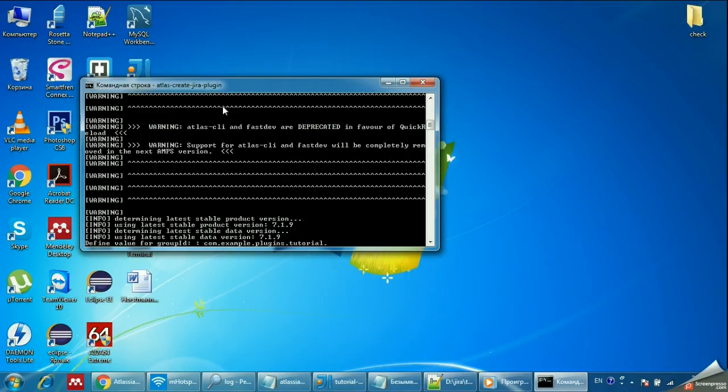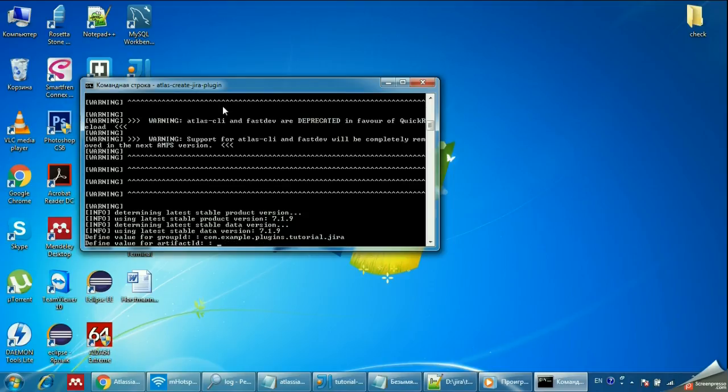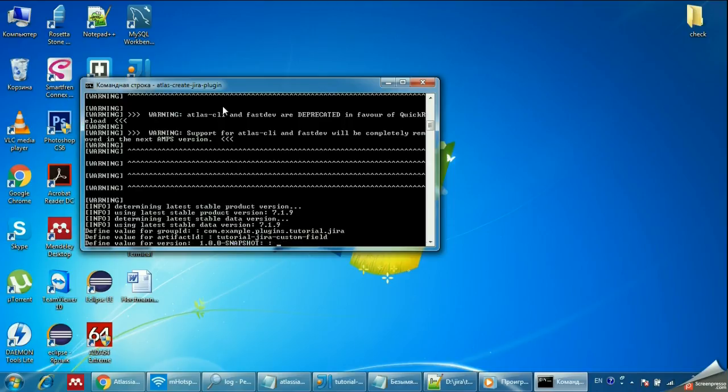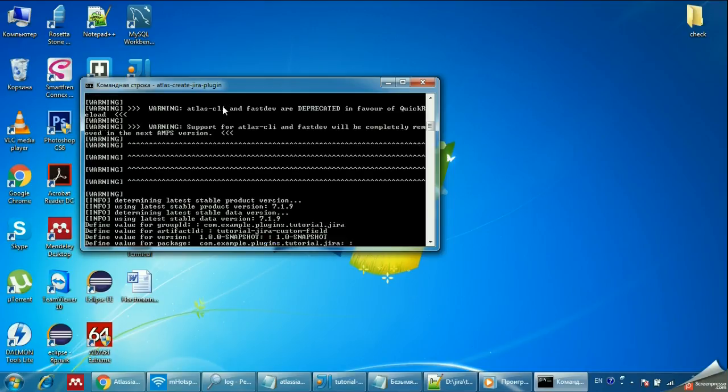So we're going to make it just com example plugins tutorial Jira, right? And artifact ID is the name of the project of the plugin. So we're going to call it tutorial Jira custom field. We're going to create the same name for the directory. We're also going to enter one Jira snapshot version, which just tells Maven that we want to use the